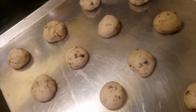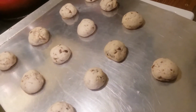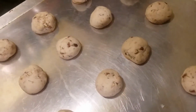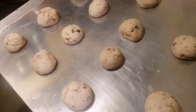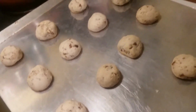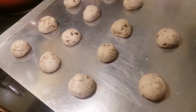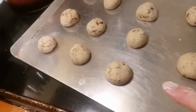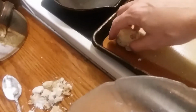Okay, I got so busy with cooking that I forgot to show you everything, but here are my Snowball cookies. They've just come out of the oven. They cooked at 350 for 15 minutes, and they're kind of puffy. There's really not any leavening agent or rising agent in these cookies at all. There's no eggs, no baking powder or soda. So they're still warm. You let them sit. They're very delicate. You let them sit for about 5 minutes before you do this,